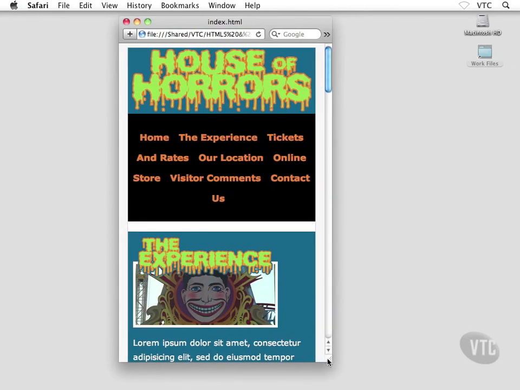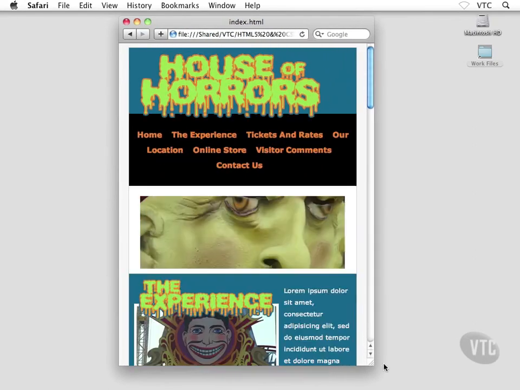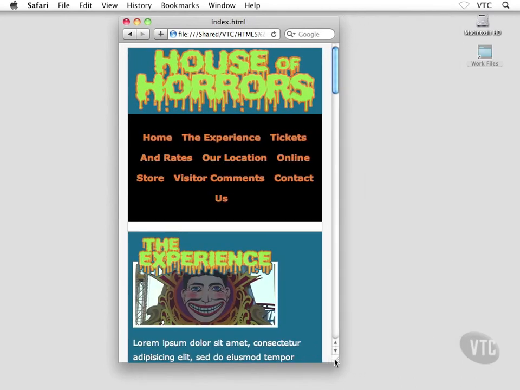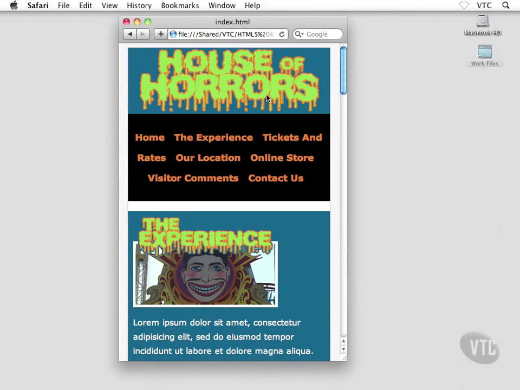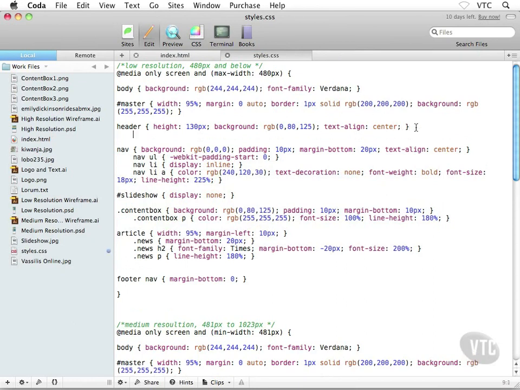Again, if that layout scales back and forth, so long as I don't break into the medium resolution device or media query, the logo at the top of the layout is going to be centered. But what I do want to do is get some spacing above this guy to push him down into the menu just a little bit, just so he kind of goes along with the formatting for our other devices. So back inside the external style sheet, what I'll do very quickly here is create our header